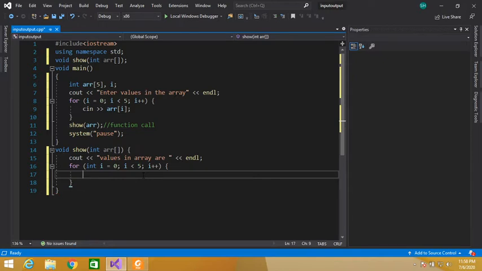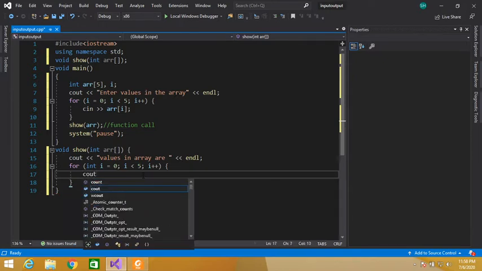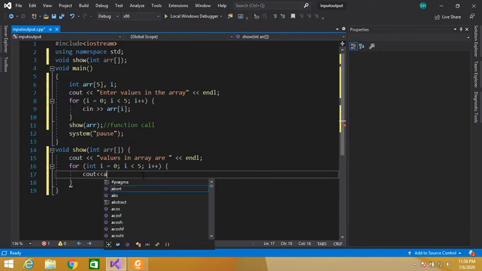Here we will simply display the values of the array. So cout, ar of index i, and here we will give some space.